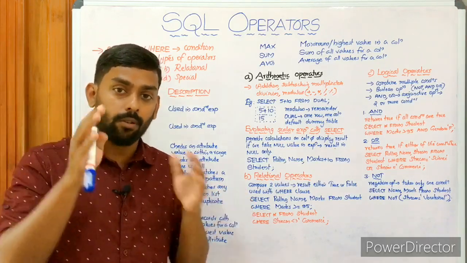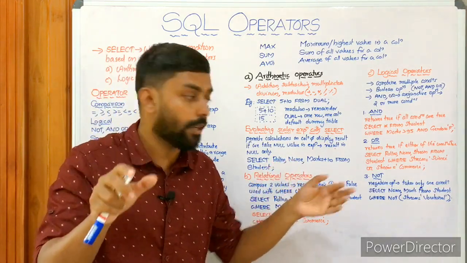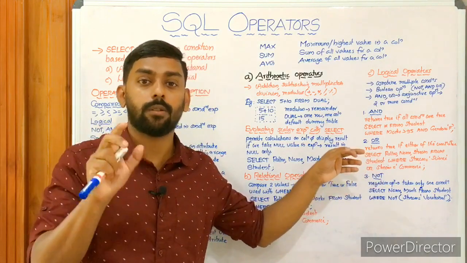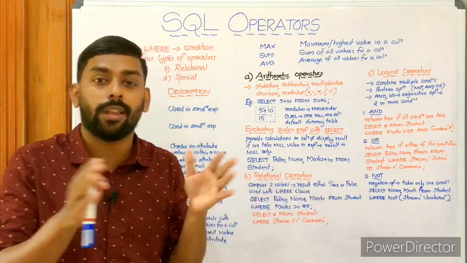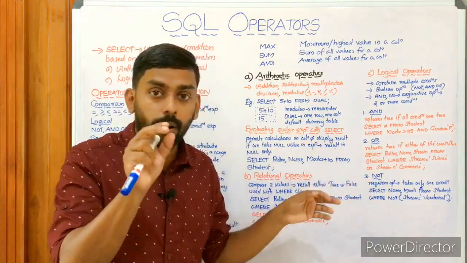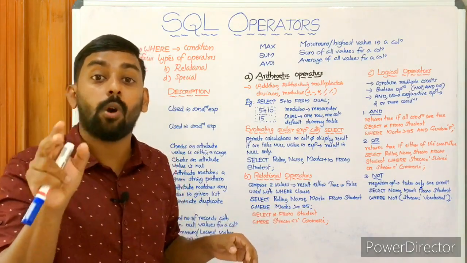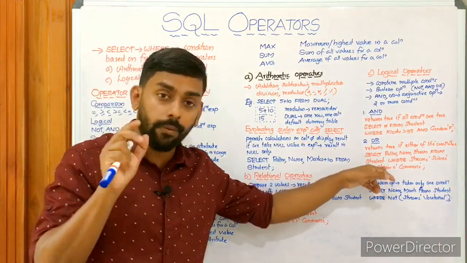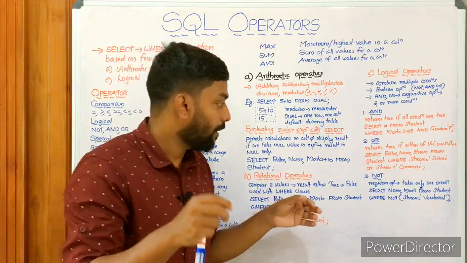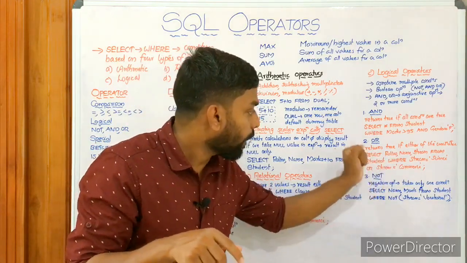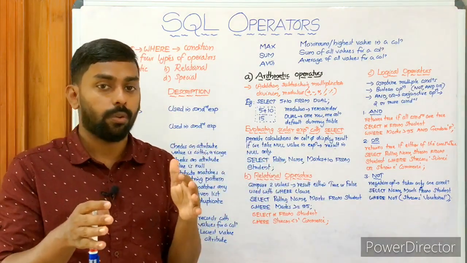Suppose we have a humanities batch as well. It won't be displayed, right? It won't be considered because these are the conditions: stream equal to science or stream equal to commerce. It cannot be written as stream equal to science or commerce. It's not English. It must be stream equal to science or stream equal to commerce. We have to follow some kind of rules. This is how we can apply OR. OR means either of the conditions is true, then it returns true.